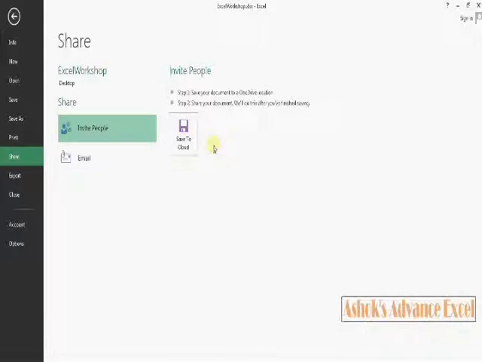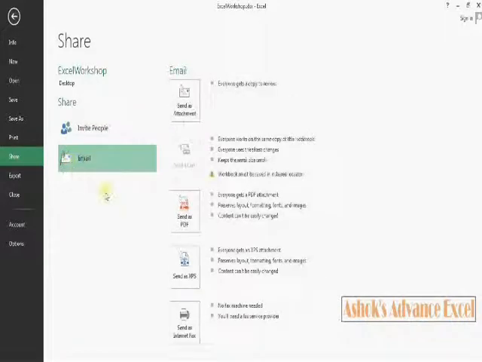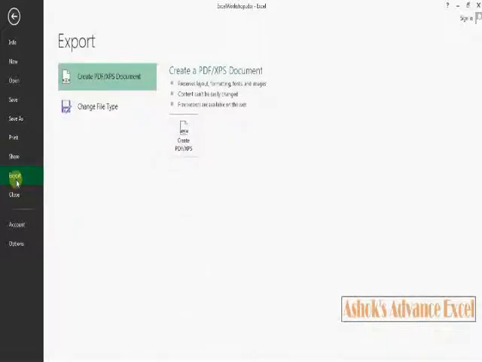You can share your workbook with those people, or on Drive or by email. The next tab is Export. So a PDF document can be created through this tab. Now the last one is Close. To close the backstage view, this tab is used.